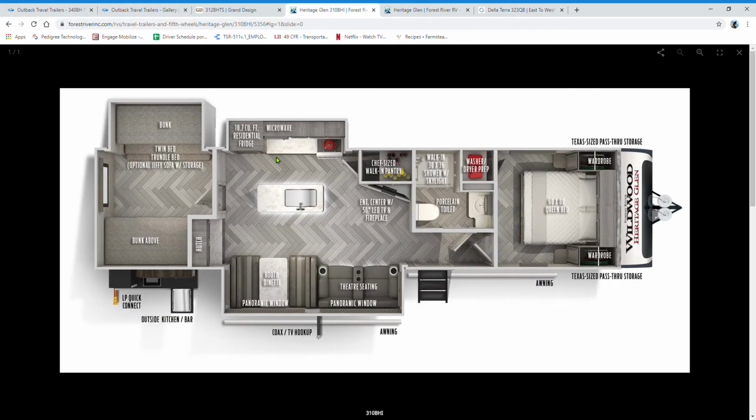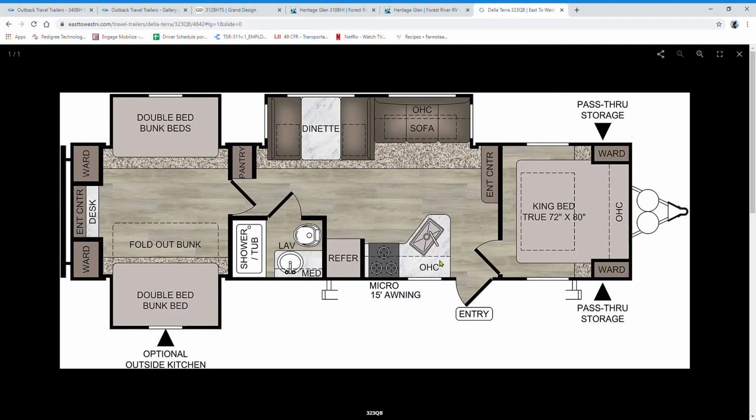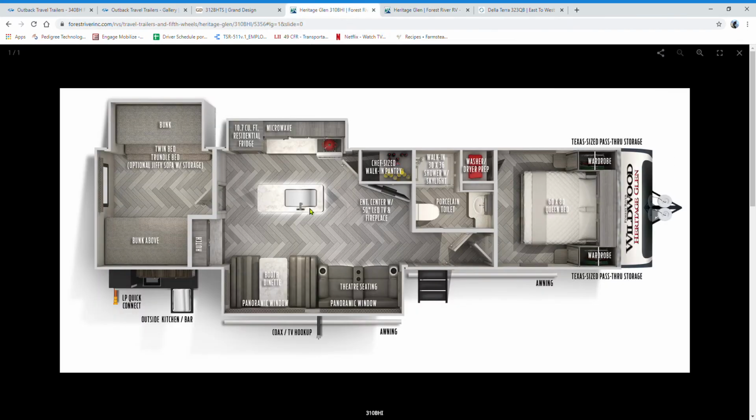So to get to that, if you notice here, you have your dinette and your seating right here on the door side. We call that camp side. On the back side, you'd have your kitchen. Now, why that's so important: the kitchen is on the campsite and the living is on the back side. So you get to see your neighbors when you pull into a campsite, and you cannot see your children. I mean, there's a little window here, but